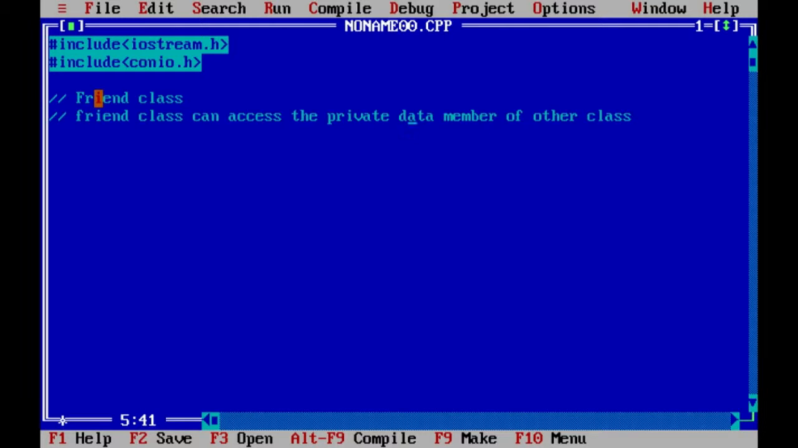Basically, if we take a normal class and have two classes, one class cannot use the private data members of another class. Correct. But here we are using the concept called friend class, because a friend class can access the private data members of another class. So let's see how we can do that. I'll write a program. I'll start with class